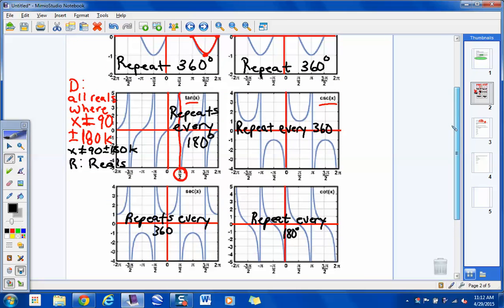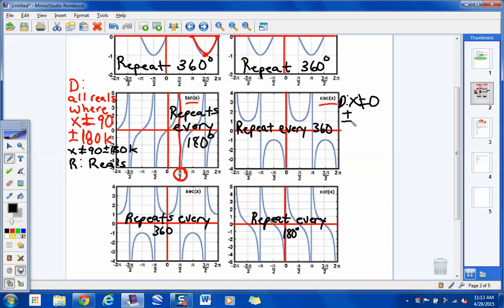Okay. So talk to me about the domains on this one right here. This one here is an asymptote right here. The y-axis is an asymptote. So talk to me about the domain. How many x's does it have? This could go on forever, right? What is the first asymptote I get right here, actually? 0. Right at 0. So the domain: x cannot equal 0. And then I'm going to say plus or minus